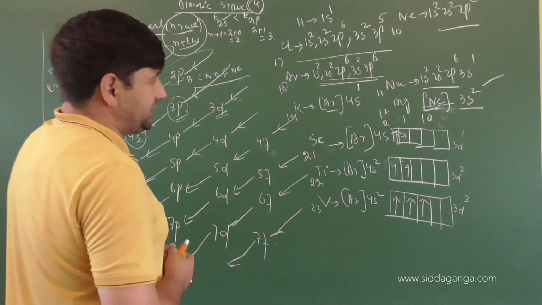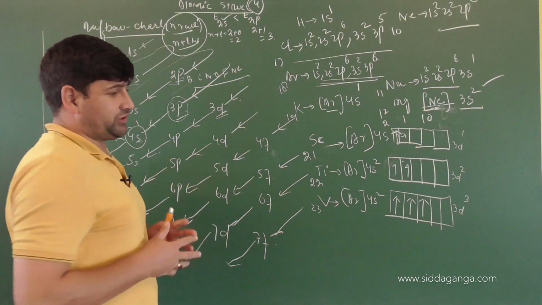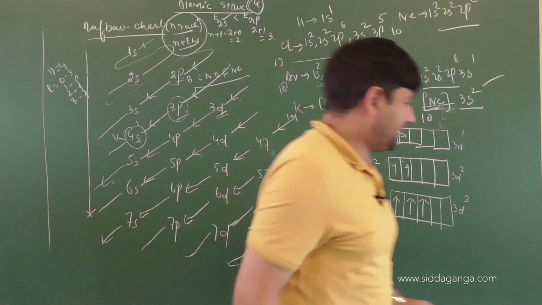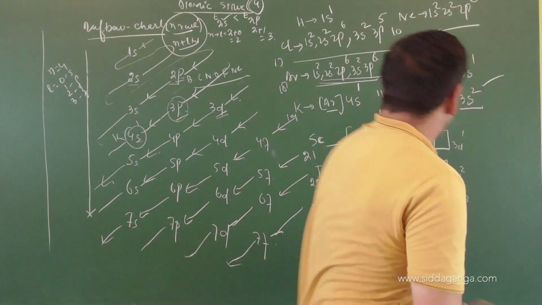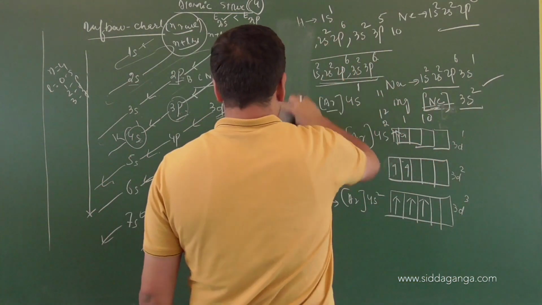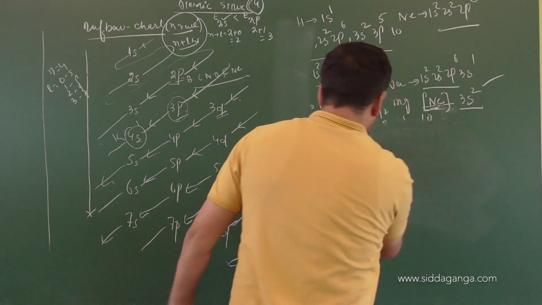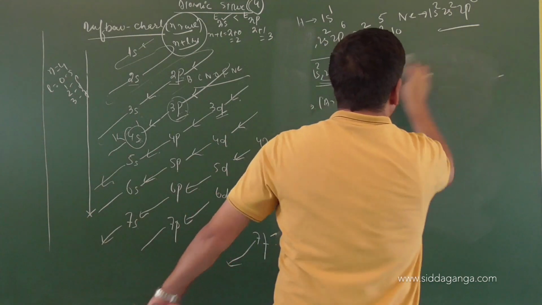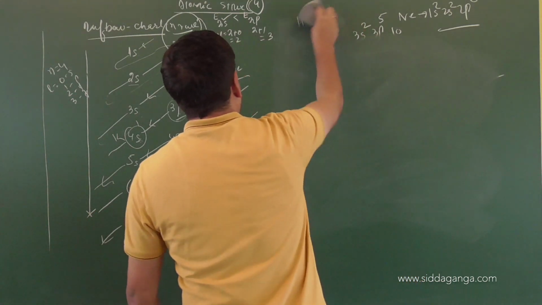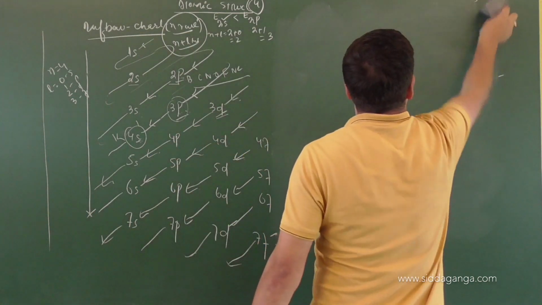Did you understand the chart clearly? And did you understand the electronic configurations here? Right. Because I need the chart, I will be rubbing off the electronic configuration that I have written so far. Clear? Now we are into the chromium case. What's the atomic number of chromium? 24.